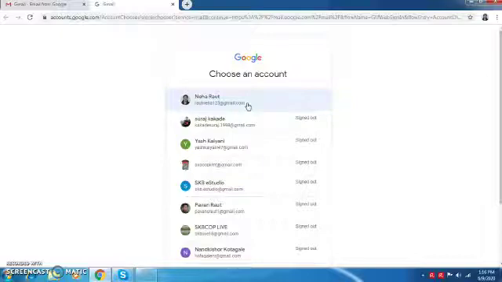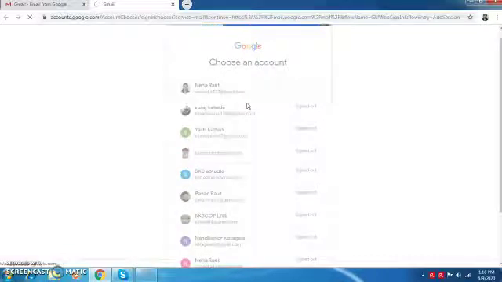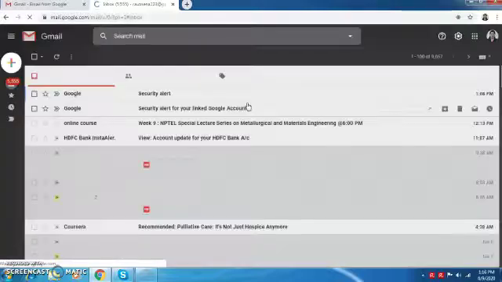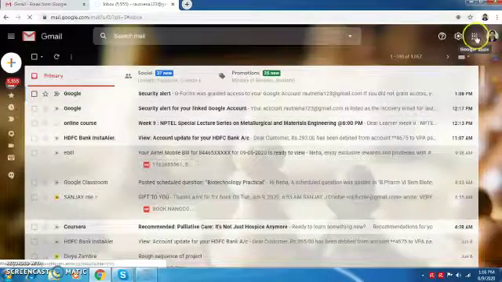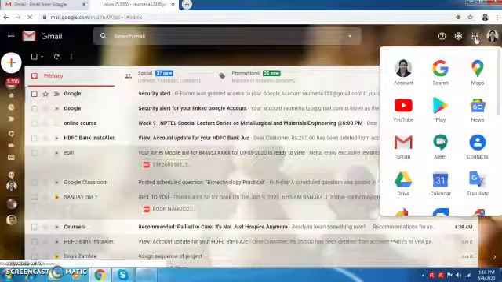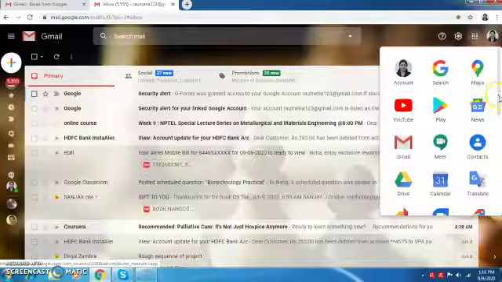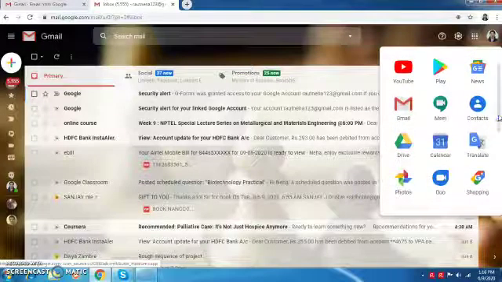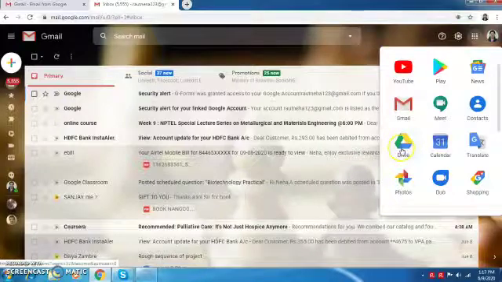For the same, we have to click on your own Gmail account. After clicking on it, you can see this Google app. These dots are here at the right side of your screen. Click on here. First, you have to create your Google form, like Google quiz. So for the same, we have to go to Drive. Click on Drive.